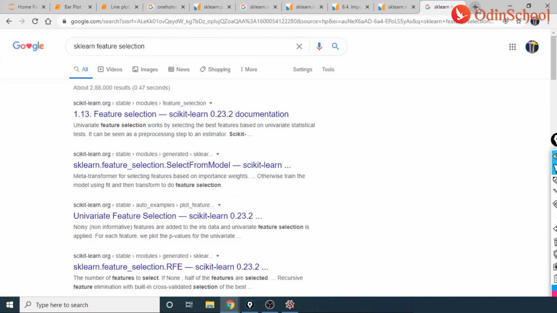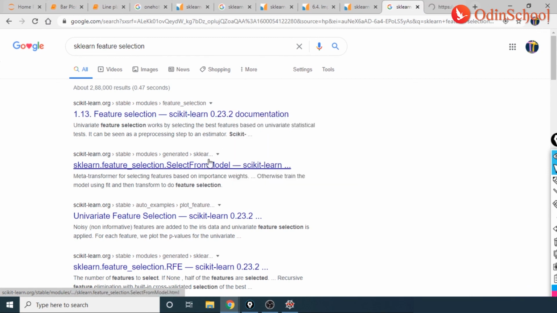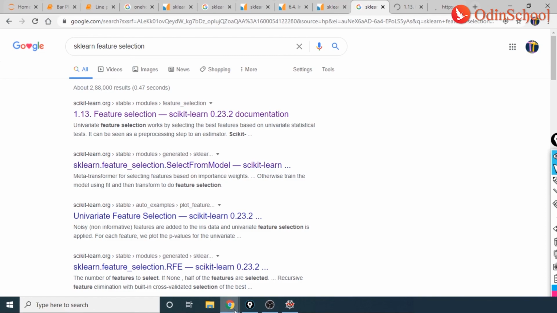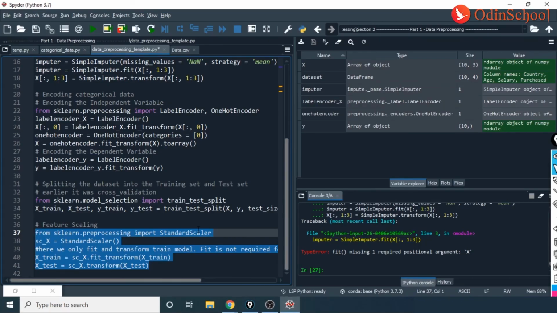Right, now within sklearn feature selection, you have, again, as usual, interdependent properties or interdependent functionalities that we would have to check upon. Now, firstly, what does feature scaling do? Feature scaling, guys, it scales the values.